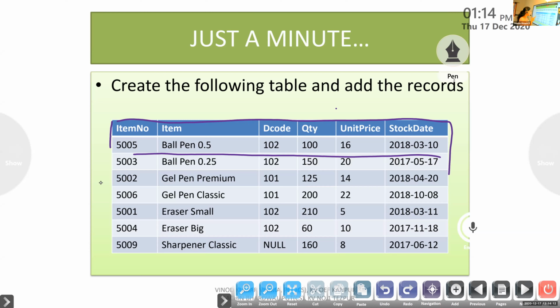So first you draw this table with only one row of information.